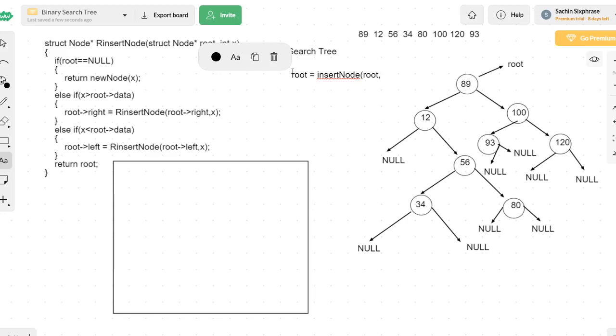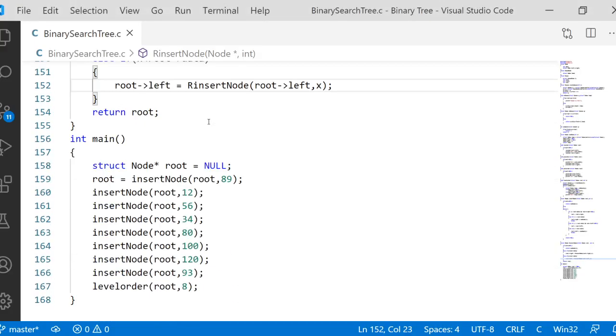So root is equal to insert node of root comma, and the data you will be entering initially is 89. That's the root data. We'll see the same thing here in the editor: root is equal to insert node of root comma 89.